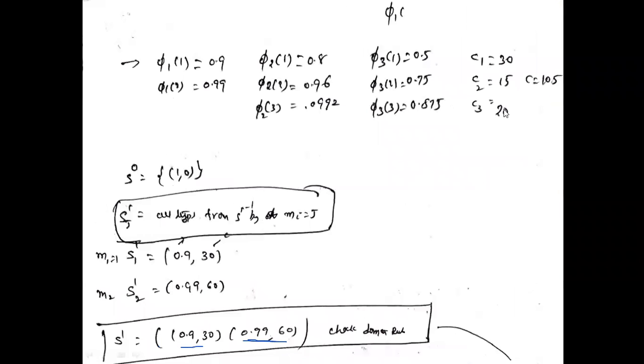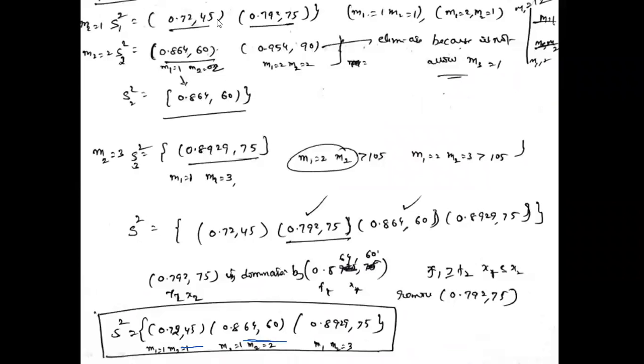In the third stage the cost is 20. Suppose 40 plus 20 is less than 105, so dominance rule applies. Next one, 75 plus 20, 95, is less than 105. So the sum of the cost is also less than or equal to 105 when the third stage has a single device.